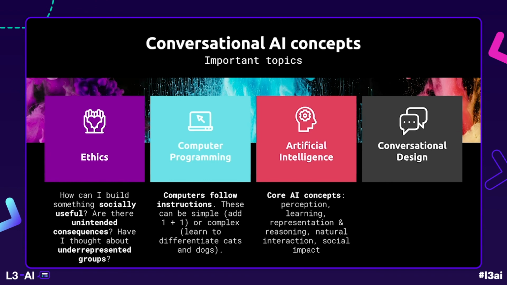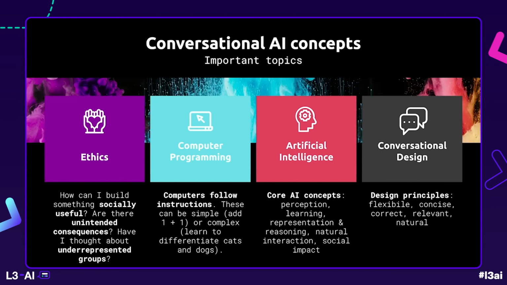And so the core concepts of AI: perception, for example, learning, representation and reasoning, natural interaction, and social impact, which are actually the big 5 AI ideas by a paper with Touretzky that you can find on the AI for K-12 website. And this is a really, really great resource,